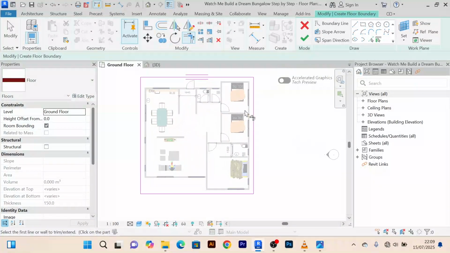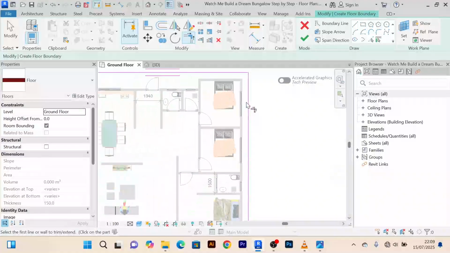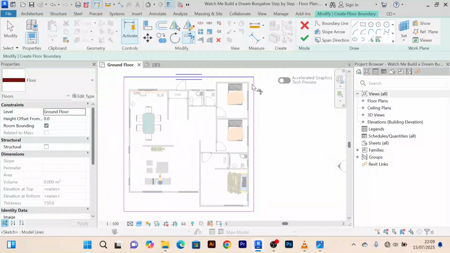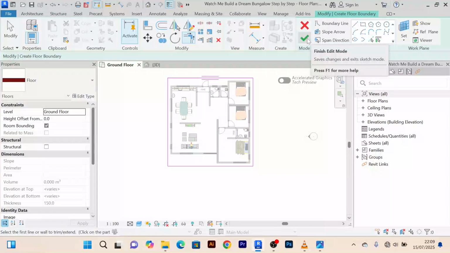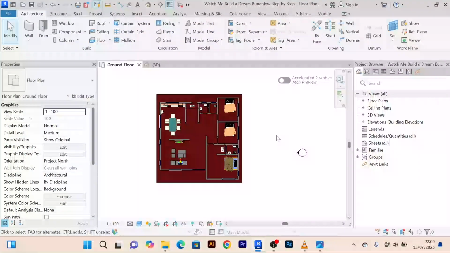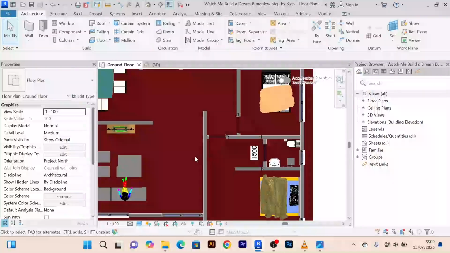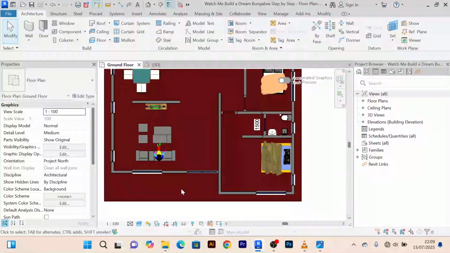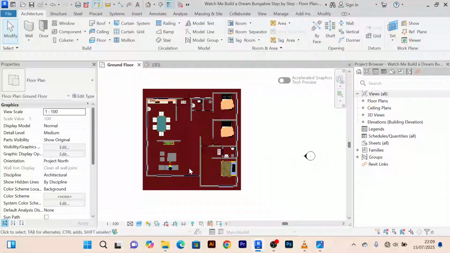When we are done, you make sure all these are linked up so that Revit will not complain. If you leave any gap, it will not accept. So we shall tick, and it will pour for us that blue slab. It is looking blue because it is still active. When I just click out here, it will give us the color we created. You realize we gave it this color. I don't know if you like this color. It's really looking red like blood, but nevertheless,